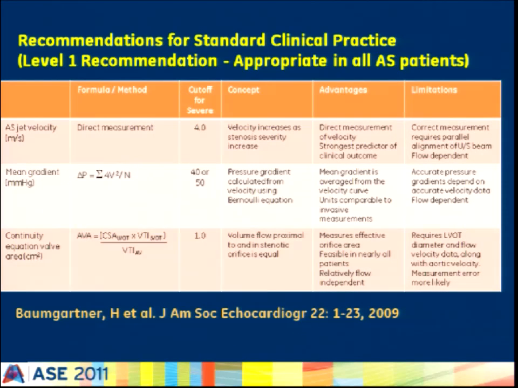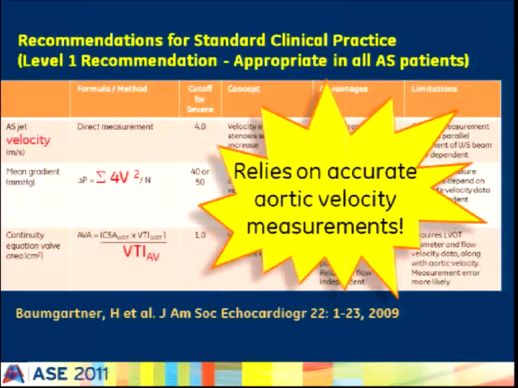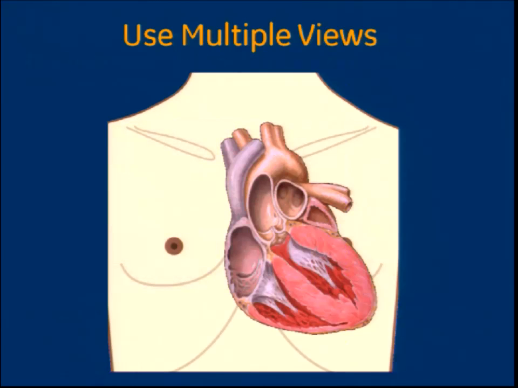Now, these are also from the guidelines, basically looking at the quantification or how we determine severity of aortic valve stenosis. The important thing to note is that the velocity is crucial to ensuring that we actually get accurate measurements. So these recommendations and these cutoff values that we use rely on the accurate aortic velocity measurements that we obtain via echocardiography. So for this reason, it's important that we use multiple acoustic windows to assess for aortic stenosis, and